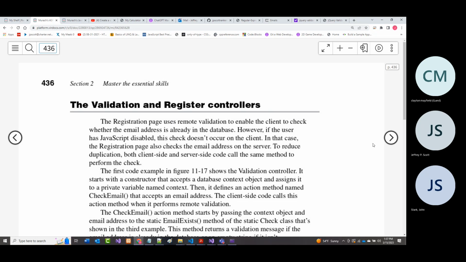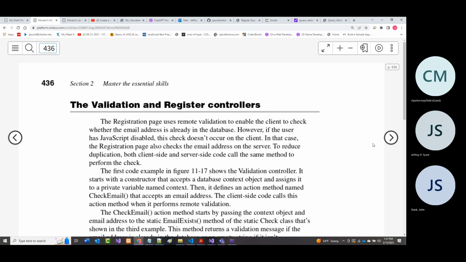It says here the registration page uses remote validation to enable the client to check whether the email address is already in the database. Again, you're all smart enough to think about what this is doing. It's going to have to go in, check the database itself, and see if anything, like you saw with mine, jpscott@rankin.edu, is already in there.